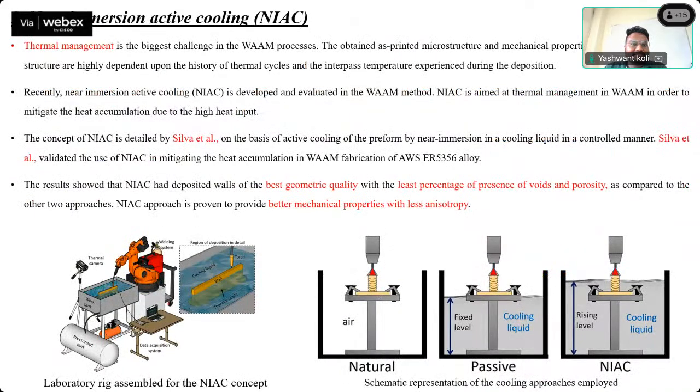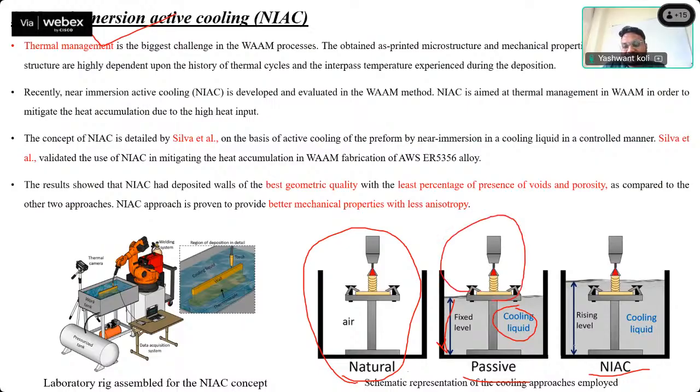Then the second is near immersive active cooling. You can see this is the natural way of doing WAM. Then the passive way, then the NIAC. A passive way means that a fixed level of water is there inside the stand, and then you are fabricating. So this cold water will maintain the temperature of the substrate. And then near immersive active cooling is, as we are increasing the height of the WAM,